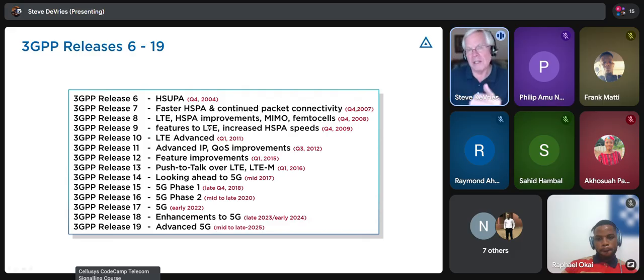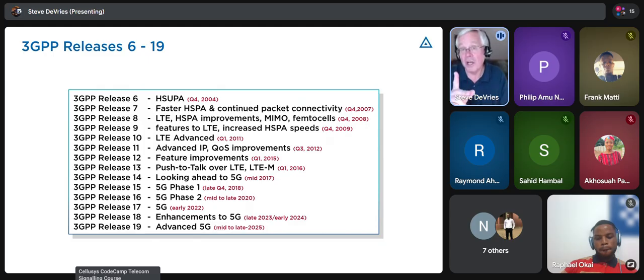Now, these releases come out roughly every year and a half, and they add functionality. Just because a new release comes out, this isn't like going out and buying a new TV set or a car, where you buy a new TV, you throw the old one away and put in a new one. Just because they come out with new releases doesn't mean that every network out there always has the best or the latest release. They might install some of the features, maybe none of the features.